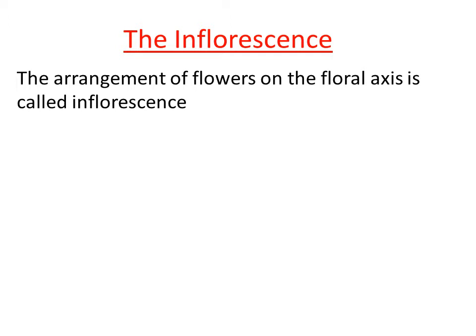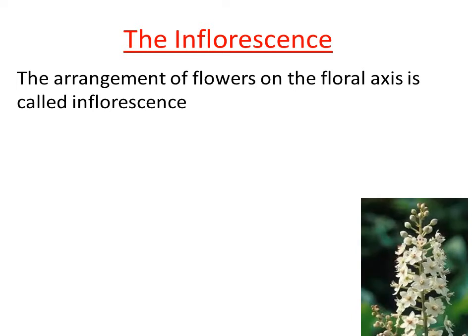Before moving to that, first understand how the formation of flower takes place in the angiosperms. In the angiosperms, there is a shoot tip. That shoot tip consists of meristematic tissue. That particular meristem present in the shoot tip region is called the apical meristem. At a certain period of time, the apical meristem gets modified into floral meristem. When the apical meristem is modified into floral meristem, that means the plant is ready to form flowers, right?